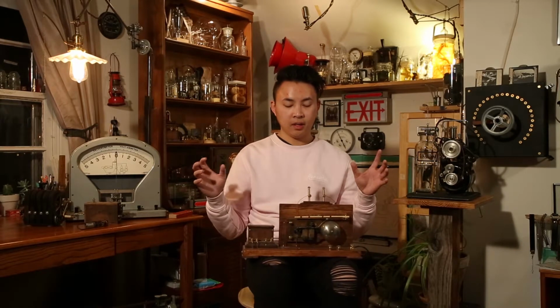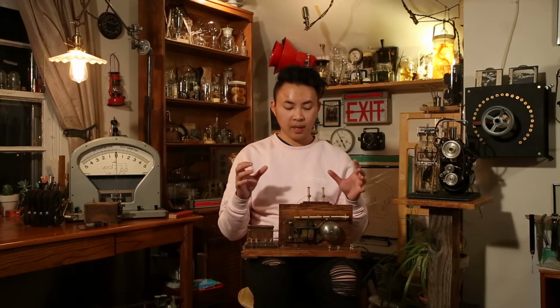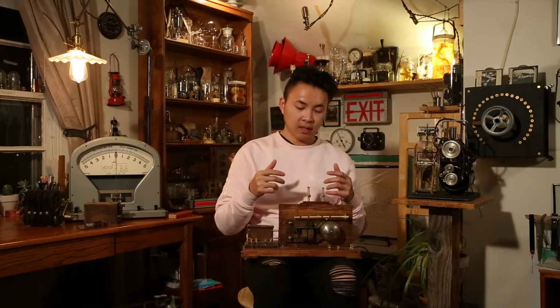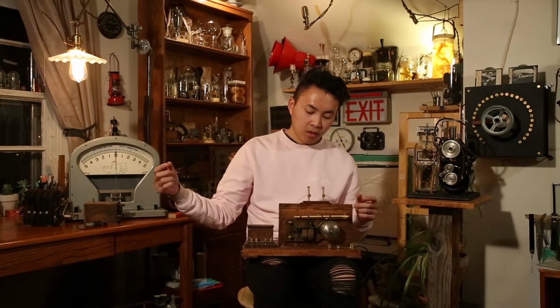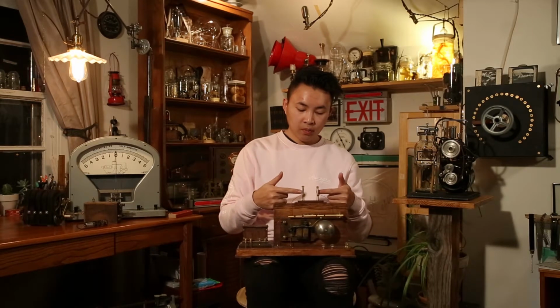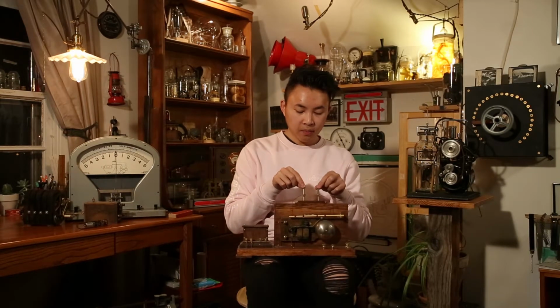The basic idea of how this works is a high frequency radio signal made by an electric spark gap, kind of like a bolt of lightning or your gas stove igniter, that sends off electromagnetic waves. And when those waves are picked up by an antenna, which would be attached to both of these little binding posts here,